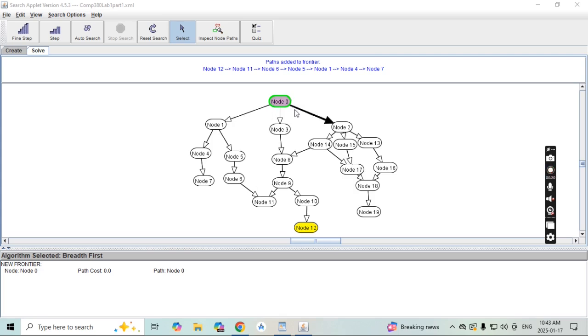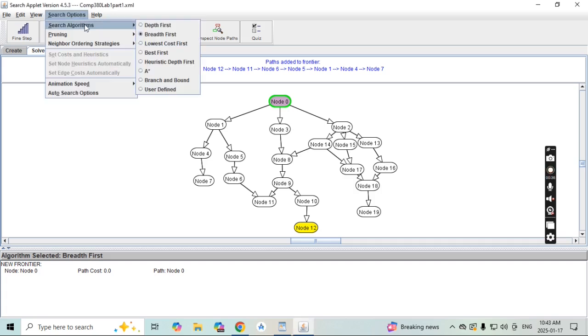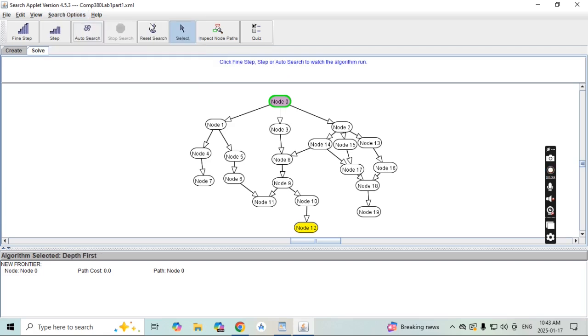So I'm just showing where it's going to go right now, just demonstrating where depth first search is going to work. And this one's meant so that depth first search works a little better than breadth first. And so I'm just going into the search options now and switching to depth first. And we're going to do the auto search, and it's going to go down the nodes,